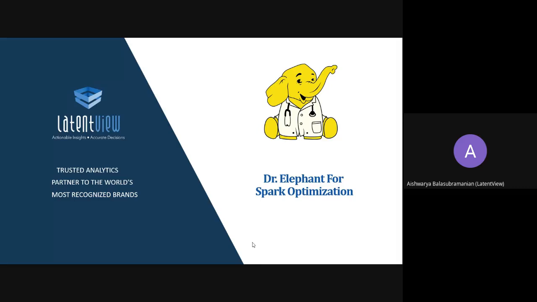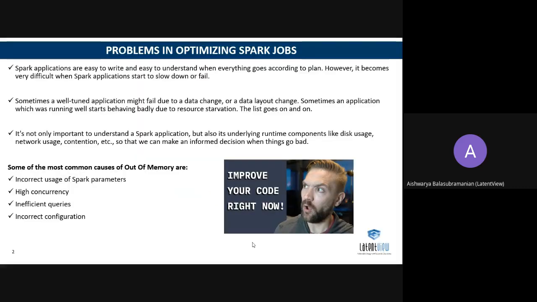Before that, let's see what problems you have when you try optimizing your Spark jobs. Either the kind of data may change when you actually run the job, or it may fail because of disk usage, or connection issues, or memory spill, or reducer spill.